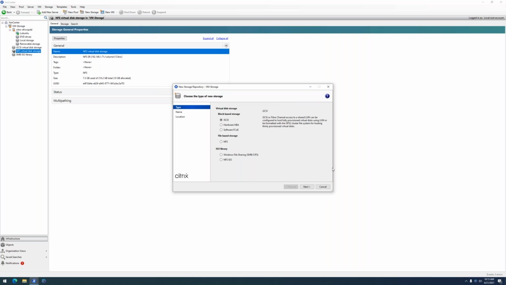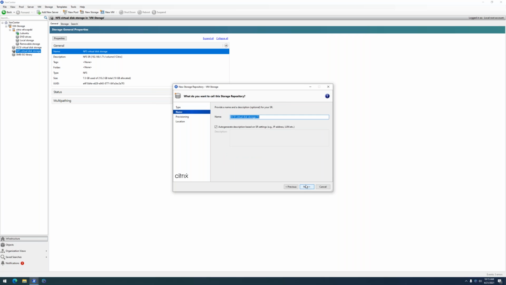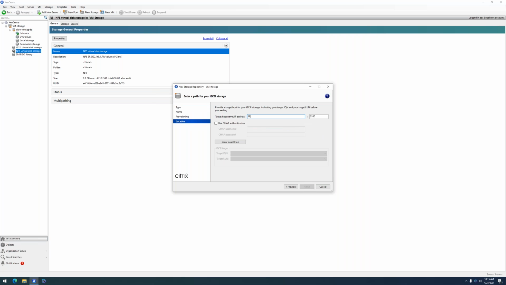So if we connect to iSCSI, you can just use all the default settings here, name it however you want. To access it, I just put in the IP address of the NAS that I'm using, scan it, select the correct target, which was this one, and then it'll show the LUNs that are available. And I do want to show this compared to NFS because it has some slightly different steps. So I'm now connected to the target.